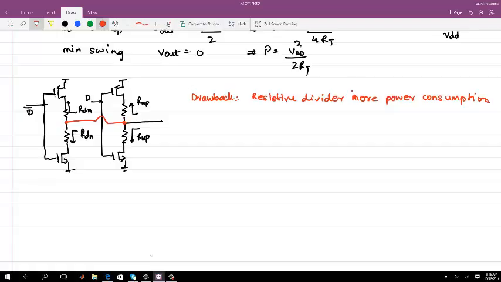Okay. So we started with the requirement that the channel may not require that you transmit a large swing, and you can transmit a lower swing and save power. But what turned out is that if you do it this way, you can transmit a lower swing but you are spending more power. So this is not that useful for us. So what can be the other way to have a lower swing and lesser power consumption? Yeah, but the thing is in PMOS, you cannot have a lower VDD because the PMOS will get crushed.